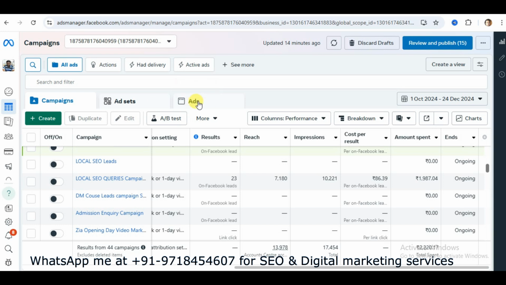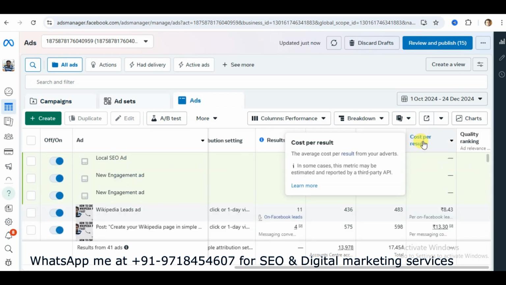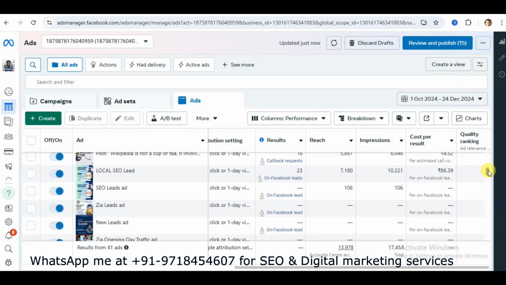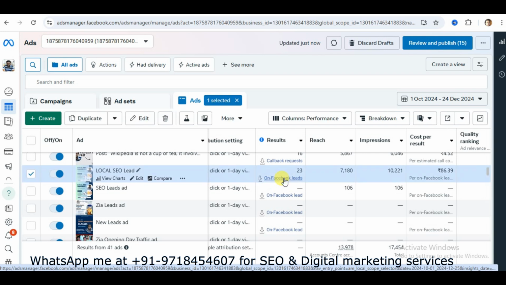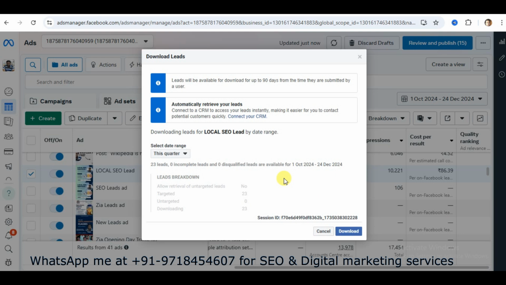Then I can go to this ads section, so I click here. Now you can download your Facebook leads through your campaign. You can see it, here you can get the download option. Now I'm clicking here. After clicking this, you can see this type of pop-up window, and after this pop-up window you can get this download option here. Now click on this download option,